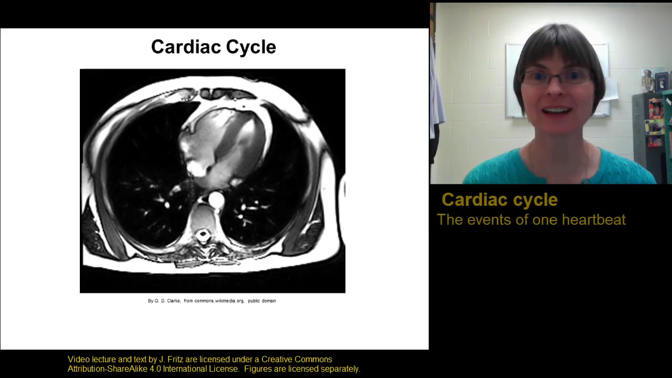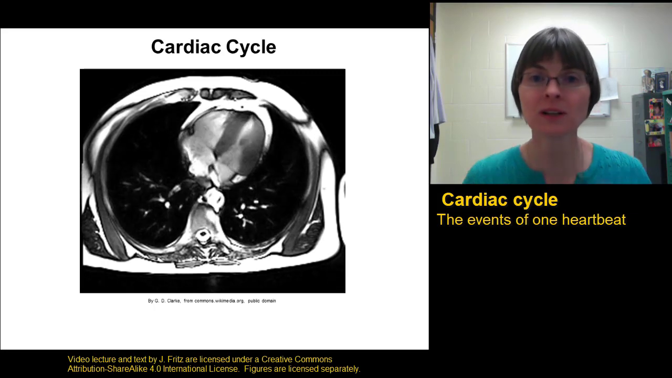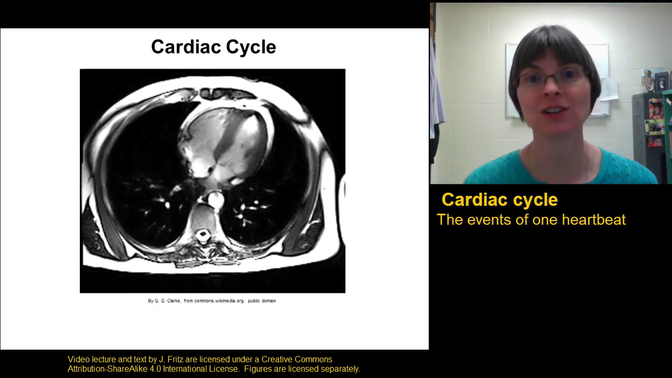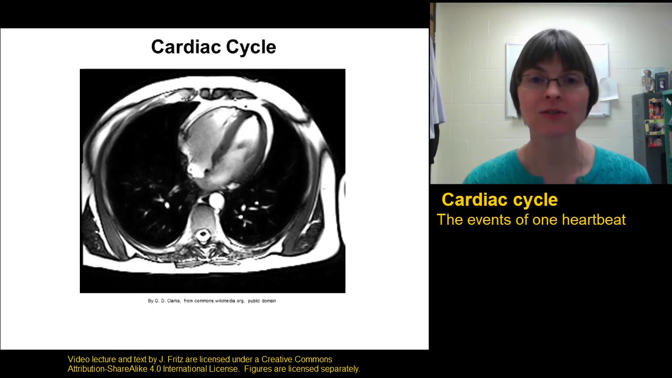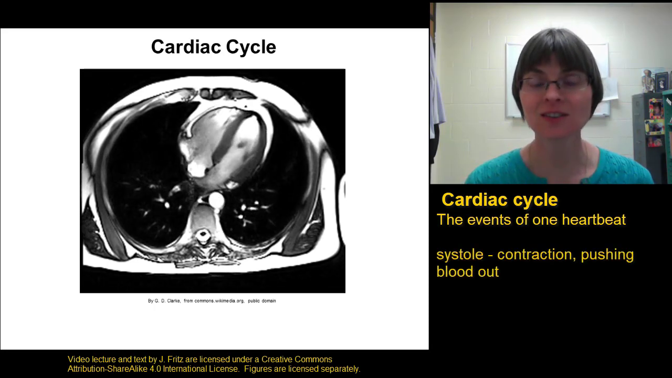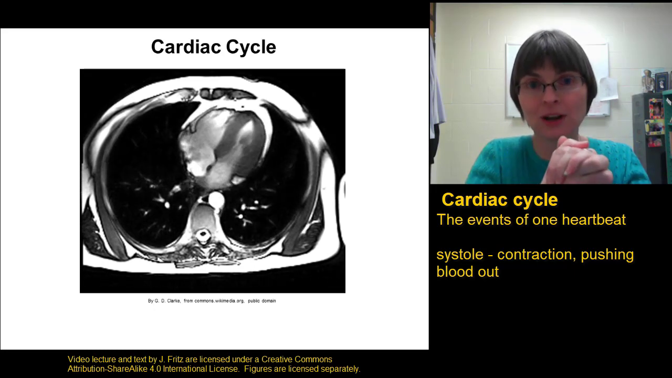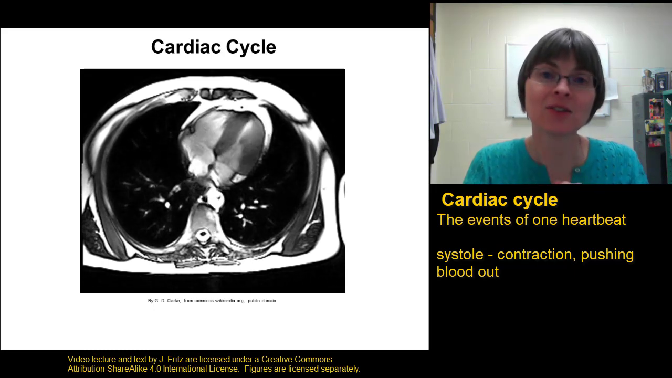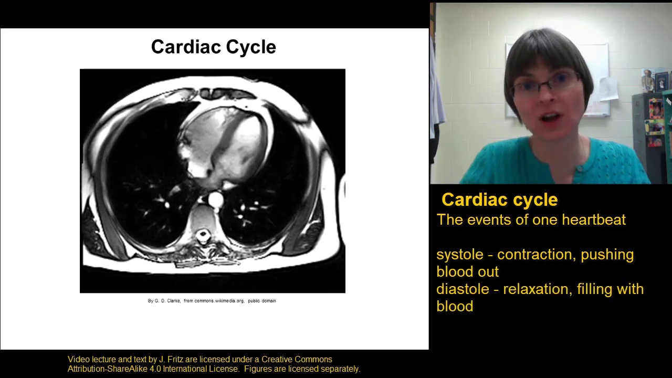Let's talk about the cardiac cycle. The cardiac cycle refers to one heartbeat, that is one contraction and relaxation of the heart. There are two important terms to know here. The first is systole. Systole refers to contraction of the heart muscle, so pushing blood out as the muscle contracts. The other is diastole, which refers to the relaxation of the heart muscle during which the heart is filling with